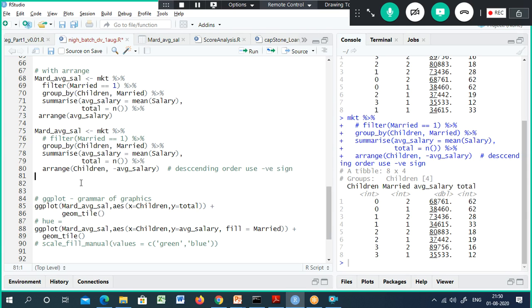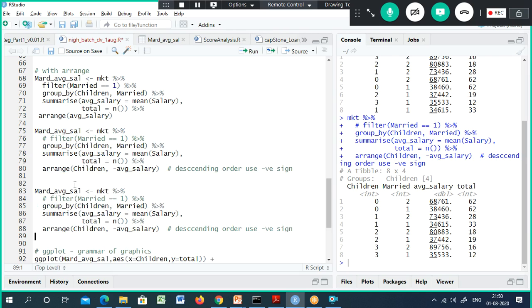Arrange, and next we have something else called the mutate function. So what is mutate? Why do I need to use mutate? You want to create a new column based on the existing columns, a derived variable.